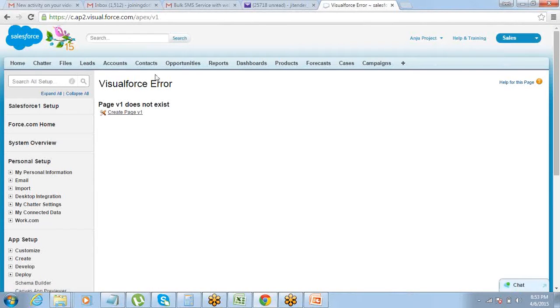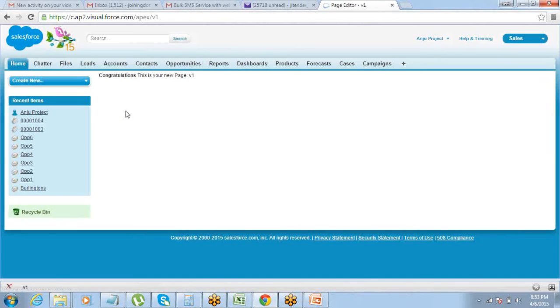Press enter. It will throw you an error because the page does not exist currently, and it will give you an option of creating your own page. So just click on create page V1. That's it. Congratulations, your page has got created. Saw this? How easy it is to create a Visualforce page?